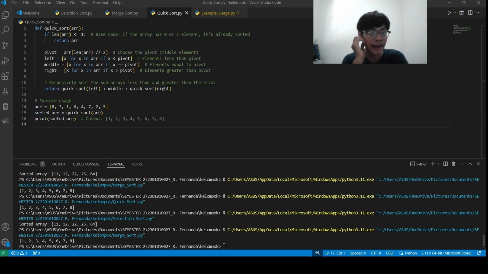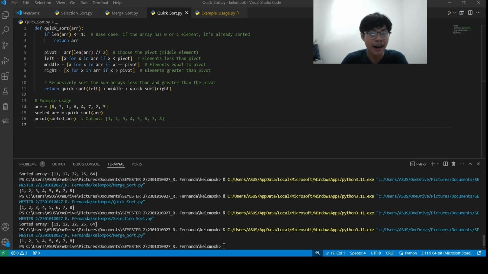Now you've seen how selection sort and merge sort work. There are other shorter ways, and that is quick sort. As the name says, it's quick. And first, you have to understand the quick sort analogy. Imagine you have a party and you need to organize your guests by age. Instead of comparing each guest with every other guest, which could take forever, mind you, you use a smart strategy.